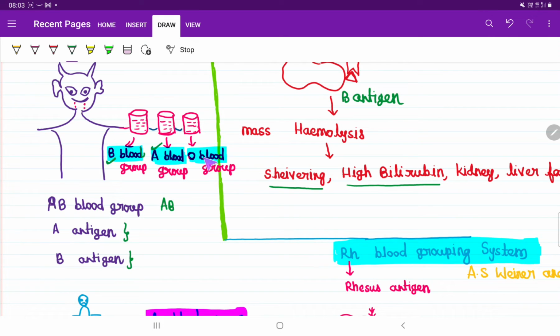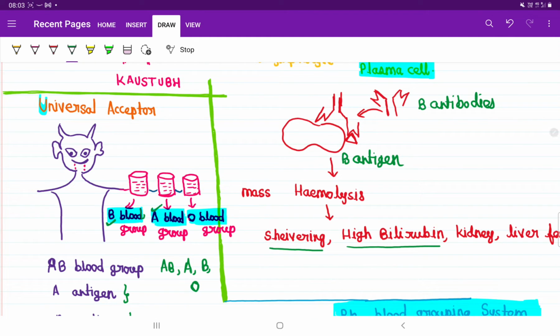Okay, and then the O blood group also they can transfuse to him. Why? Because the O blood group has neither A antigen nor B antigen, so this also is not going to harm that person, right? So this person can accept blood from A also, B also, AB also, O also. Universal donor, see,